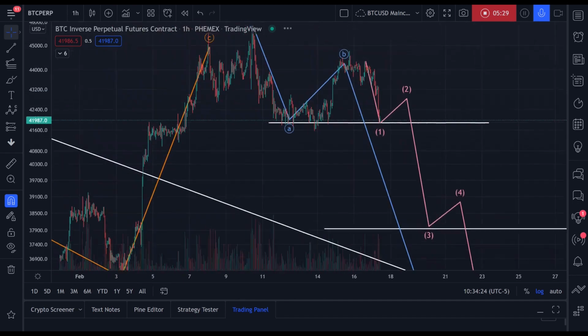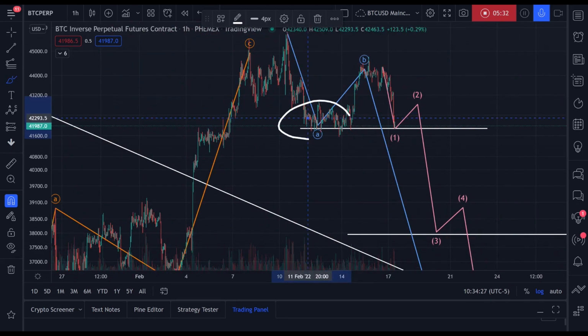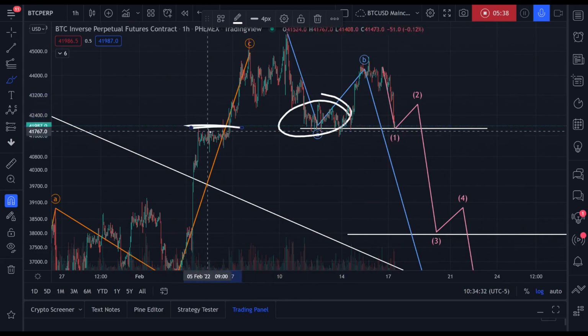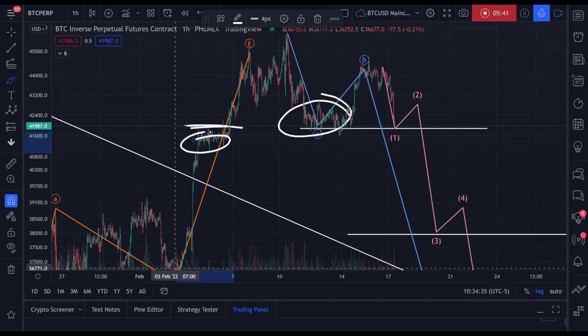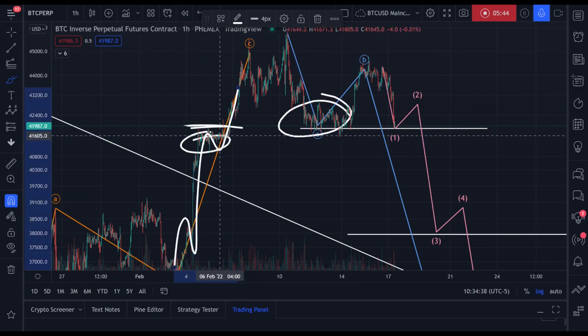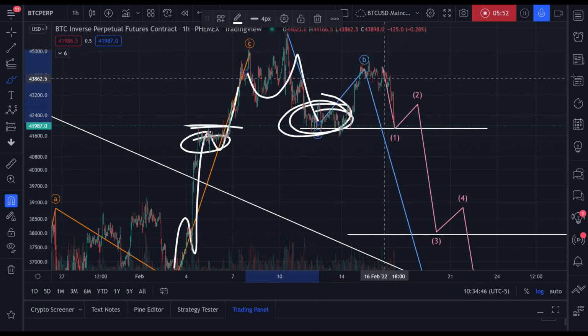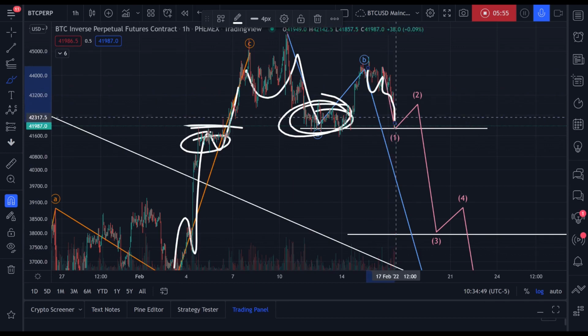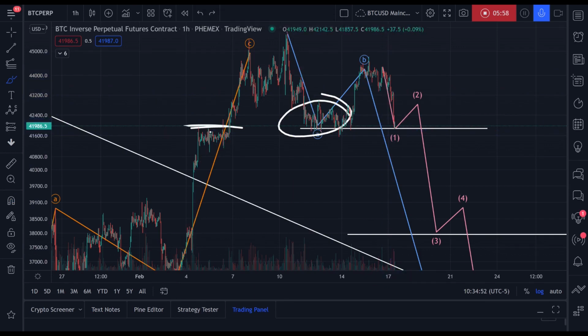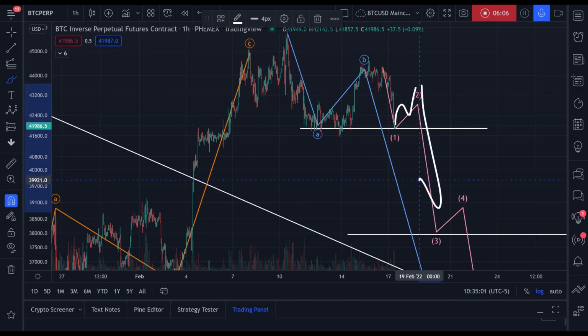All right, so I think we're going to get a two wave there, as I said, because we had 3 days of consolidation here, which forms a good basis of support. Also, this wave 4 on the upside of this impulse, 1, 2, 3, 4, 5, is going to serve as a support. It was resistance on the way up, it was support on the way down in this A wave, and now it's going to be support for this one wave, I think. All right, so after we get a small sort of reaction here in a two wave, I'm seeing us come down for the big three wave, okay?